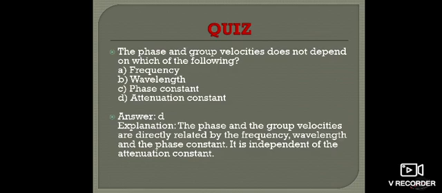You can see with the formula also, whenever we have the phase and group velocities equation, it does not have any attenuation constant; it depends only on frequency, wavelength and phase constant. Other than that is nothing but an attenuation constant. You can see in the formula on the previous slide, the relation between the phase and group velocities has no attenuation constant, only frequency, wavelength and phase constant. That's why option D is the correct answer, that is attenuation constant. So the next question,